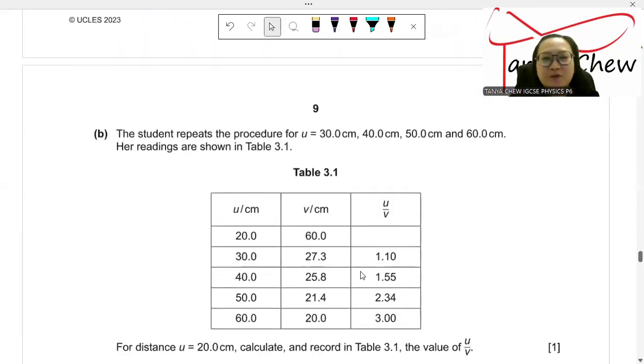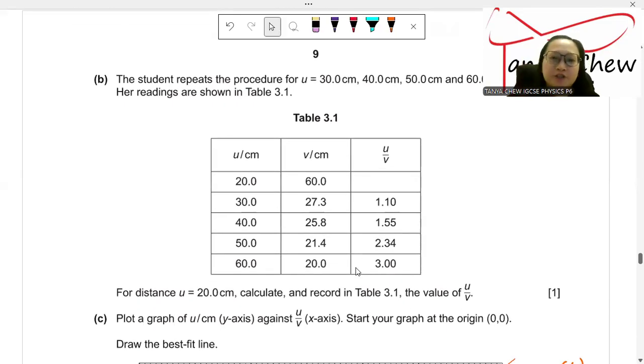Now, B, the student repeats the procedure for u equals 30 cm, 40 cm, 50 cm, and 60 cm. Her readings are shown in table 3.1. For distance u equal to 20 cm, calculate and record in table 3.1 the value of u over v. This is u over v right here. u is 20 cm, v is 60 cm. So 20 cm divided by 60 cm, and I got